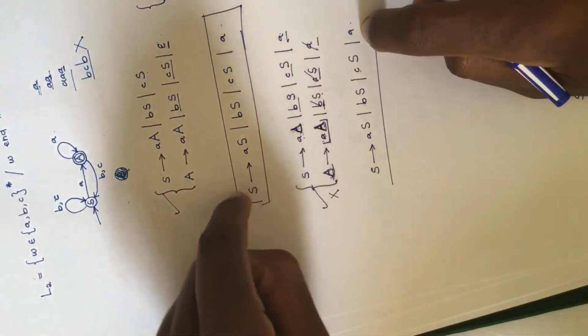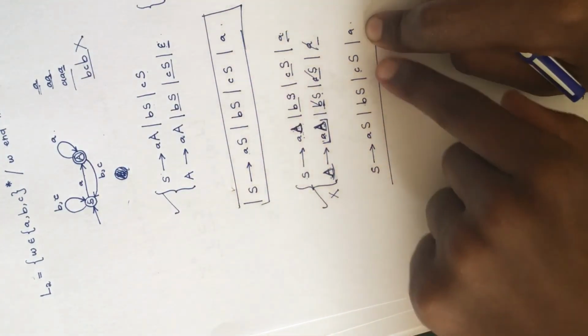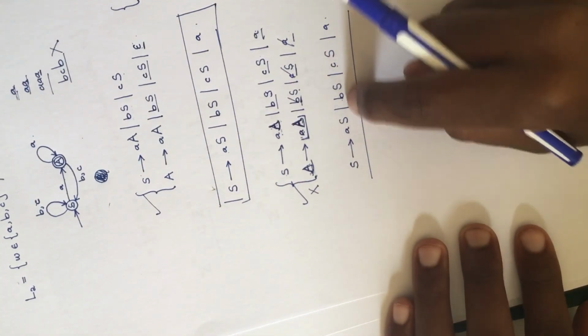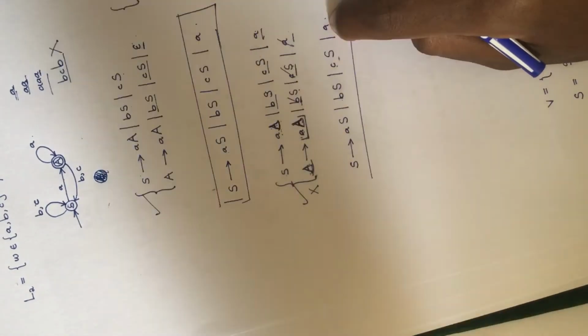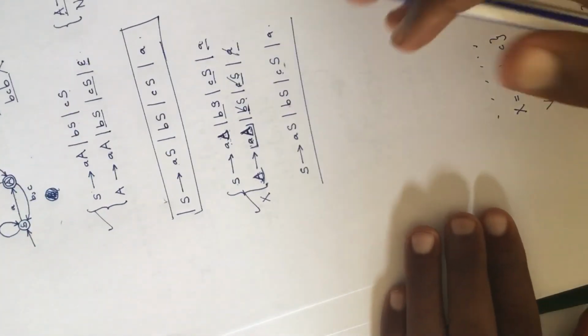This is correct, and also this one is correct. But this one just comes from practice, because you see that all strings in this language must end in a. So the only way you can stop this loop, because we have S, S, and S, the only way you can stop this capital S is by putting a at the end. So all strings in this language must end in a. So the grammar for this case is